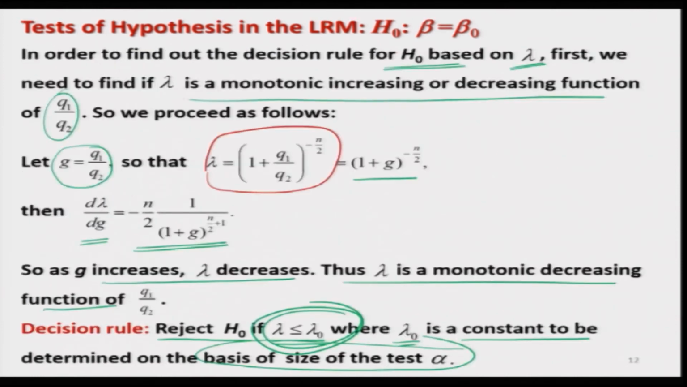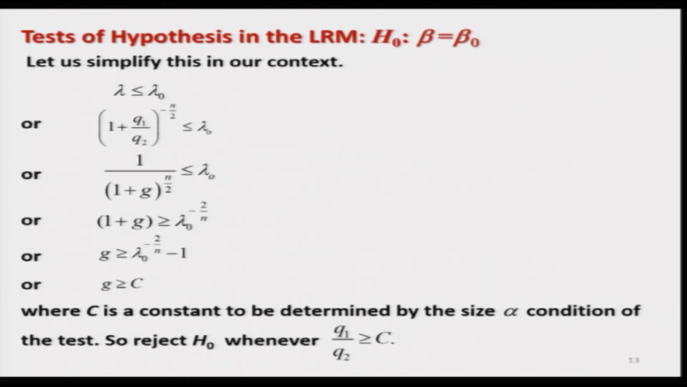And remember one thing, what we have here is the likelihood ratio test statistic lambda, which is a function of q1 upon q2. So, I would like to have a decision rule in terms of q1 upon q2. I do some very simple algebra to simplify the condition lambda less than or equal to lambda naught. Lambda here is (1 plus q1 upon q2) raised to the power of minus n by 2, and this is less than or equal to lambda naught. Just for simplicity, I write q1 upon q2 as g. So this becomes 1 upon (1 plus g) raised to the power of n by 2,